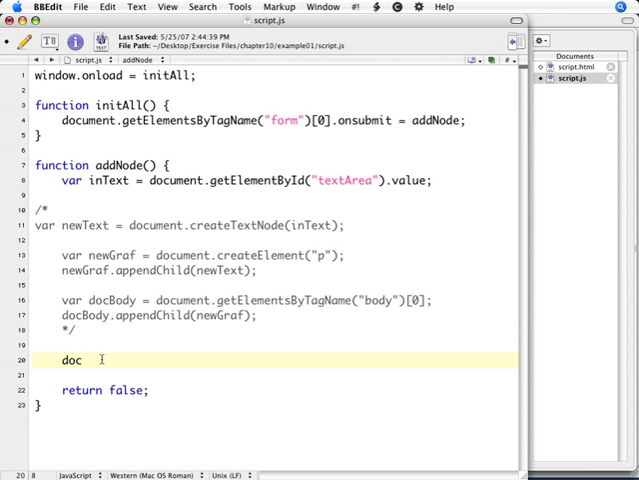Yes, we could have just said document.getElementById some new field, which we obviously don't have on the field, dot enter